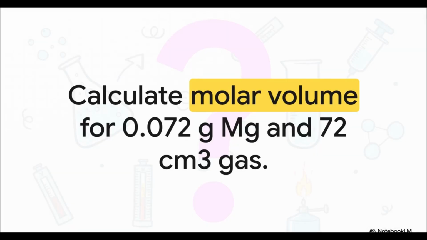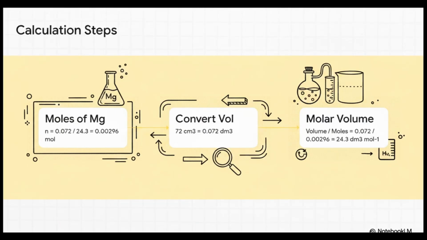All right, let's see how this builds into a classic 3-mark calculation question straight from the source. A student reacted 0.072 grams of magnesium, yielding 72 cubic centimeters of hydrogen. Calculate the molar volume in decimeters cubed per mole. Here's exactly how you grab those 3 marks without breaking a sweat. Mark 1. Calculate your moles of magnesium by dividing the mass, which is 0.072, by 24.3. That gets us